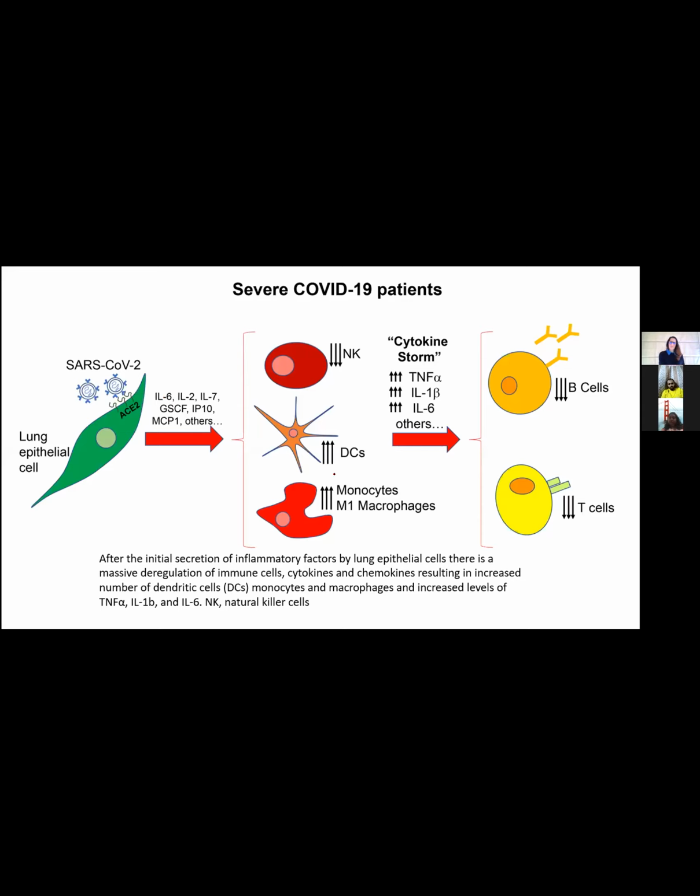This leads to a change in the number of cells. Macrophages increase, but natural killer cells decrease. End result, cytokine storm. All the innate immunity markers, interleukin 1, interleukin 6, and tumor necrosis factor alpha, all of them cause destruction of T cells and lymphocytes. T cells are reduced, B cells are also reduced. So lymphopenia is a characteristic of COVID-19.